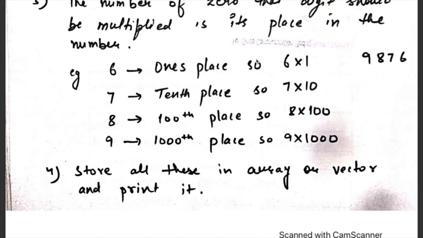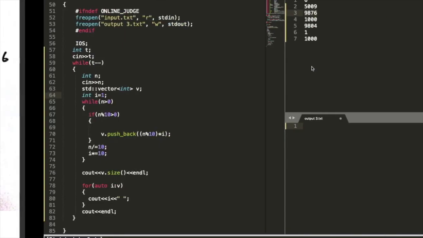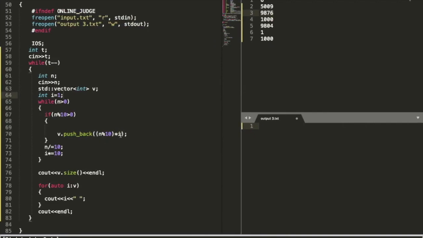What we have seen here is that if we get this digit 6, then we need to multiply it by its place. I have done this simply here using this statement. Then we will divide the number by 10 so that our number is now reduced to 987. Then we will get 7, likewise 8, and likewise 9.